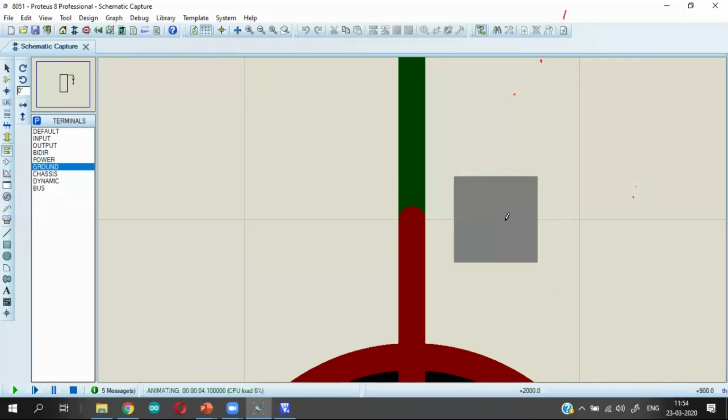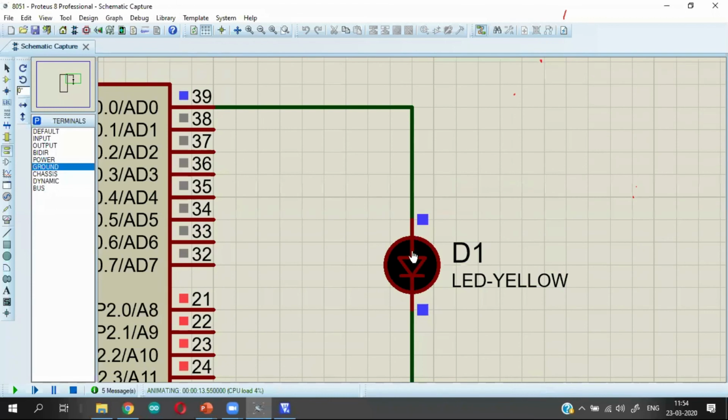So this is a blue. Blue is basically a 0. 1 is basically a red, but in this case it is not toggling to 1. Neither is it turning on.